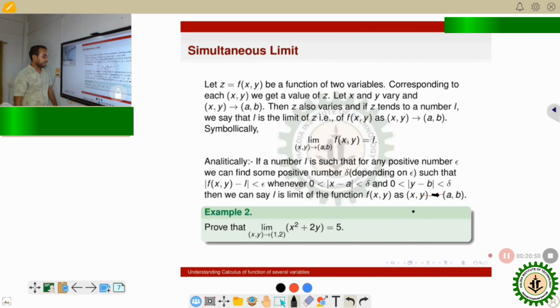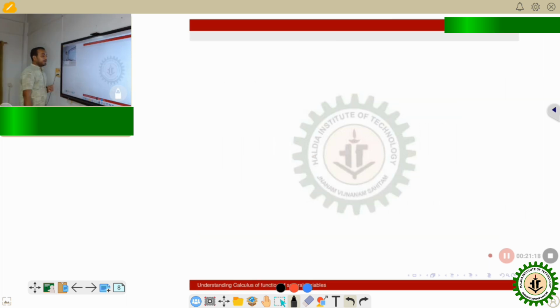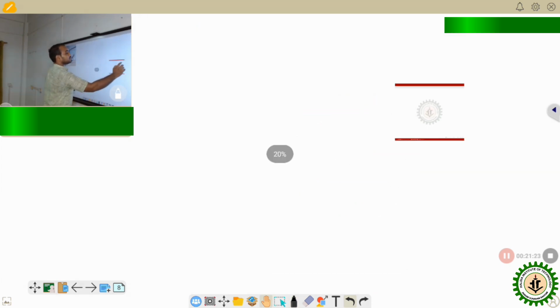Suppose we have an example like this. We have to prove limit of x comma y tending to a comma b of x square plus 2y is equal to 5. So the input variable is x, y, and the fixed point a comma b is 1 comma 2, and this is the function of two variables, x square plus 2y, which is exactly equal to 5. We are trying to calculate the limit of this function in